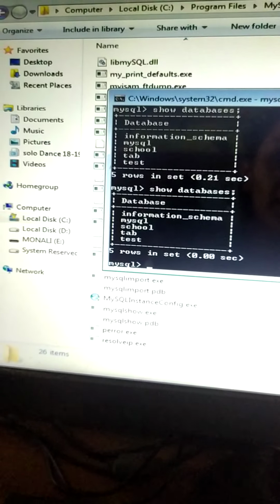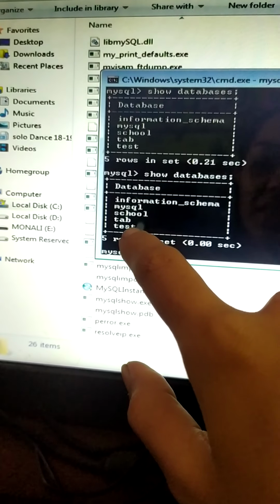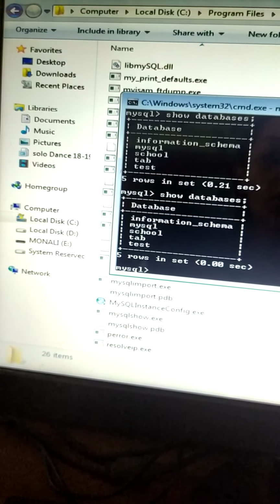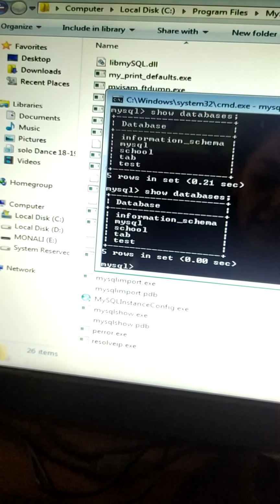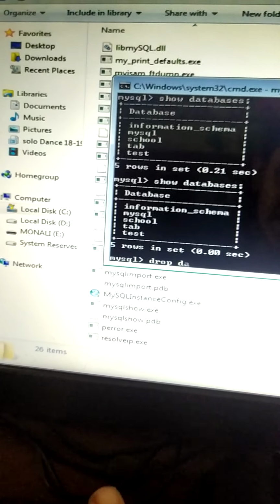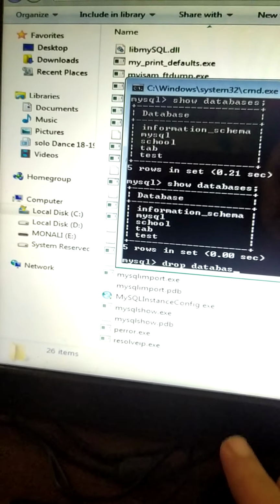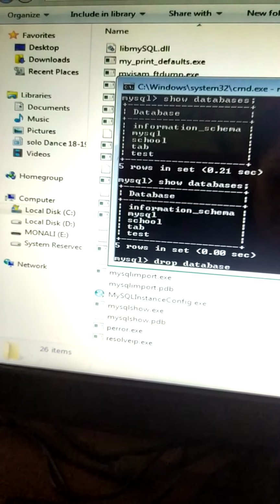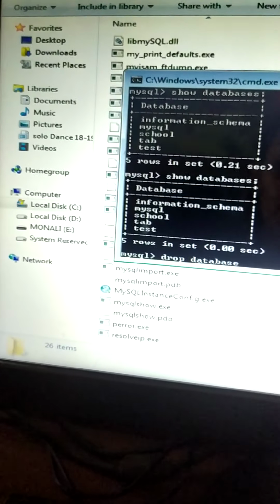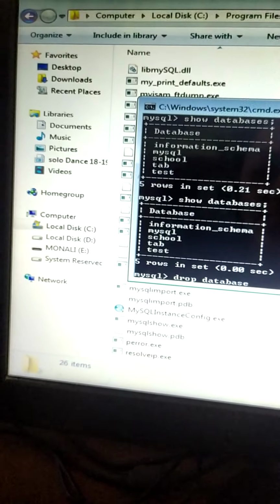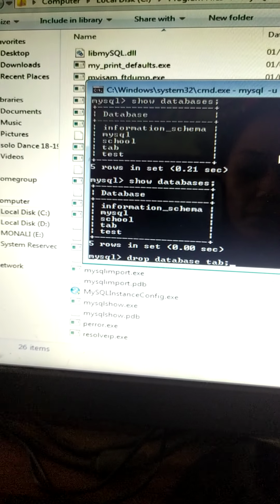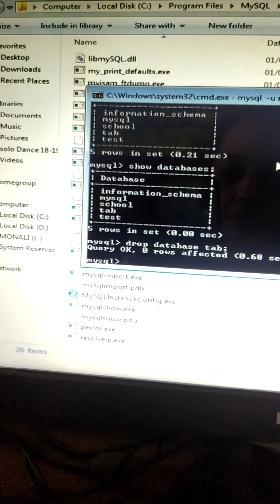Now if you want to delete a database, suppose I want to delete this test database, which command will we use? DROP DATABASE, space. Now I want to delete this test, so drop database test, and semicolon, click on enter.